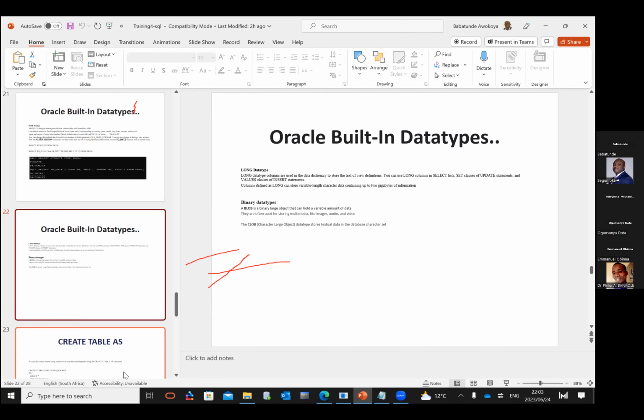It captures it. So if you want something like that, you can actually describe your column as LONG, that you want to capture. Maybe you want to put an essay, a letter, an essay like "Nigeria is this country", you want to put a long one, then you can determine that. VARCHAR2 has, I think, a maximum length of 2,000 characters. So there's a limitation as well. If you want to capture more than that as characters or alphabets, then you probably go for the option LONG. So BLOB, the binary data type that I mentioned earlier, you can actually use it to capture